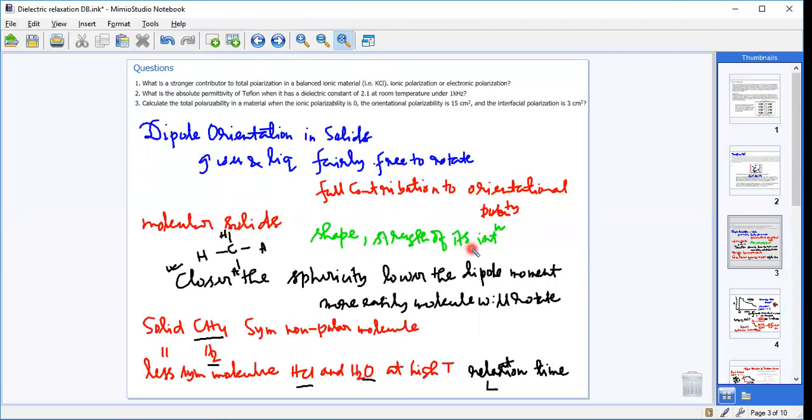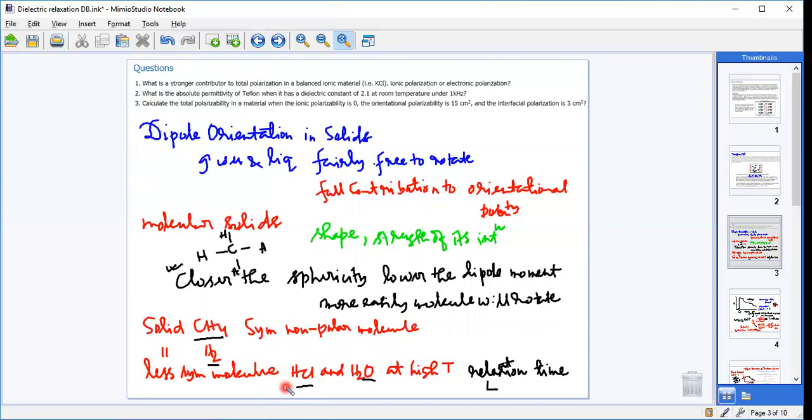and the strength of the interaction between the dipole and the environment. So the closer the approach to sphericity, the lower the dipole moment and the more easily the molecule will rotate. Thus solid methane, CH4, which is a symmetrical nonpolar molecule, rotates quite freely in the solid state, and the molecule in solid hydrogen also rotates so freely that the Raman lines of gaseous hydrogen are found at nearly the same frequencies in the solid